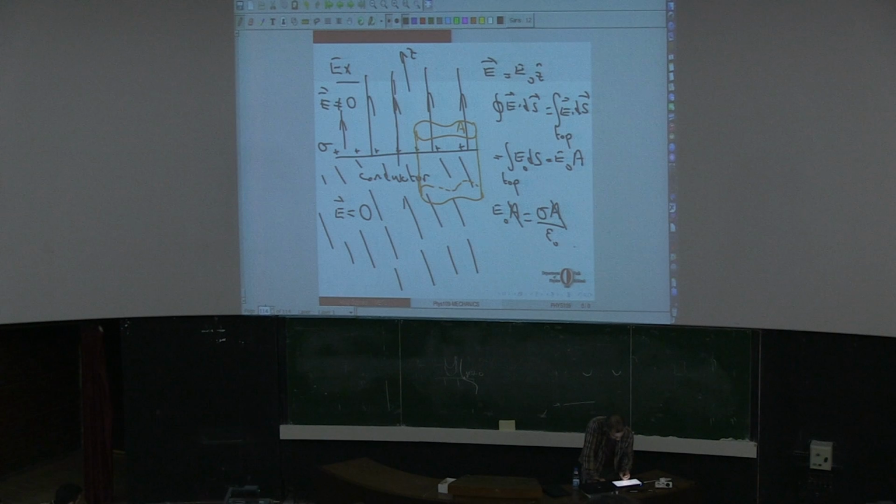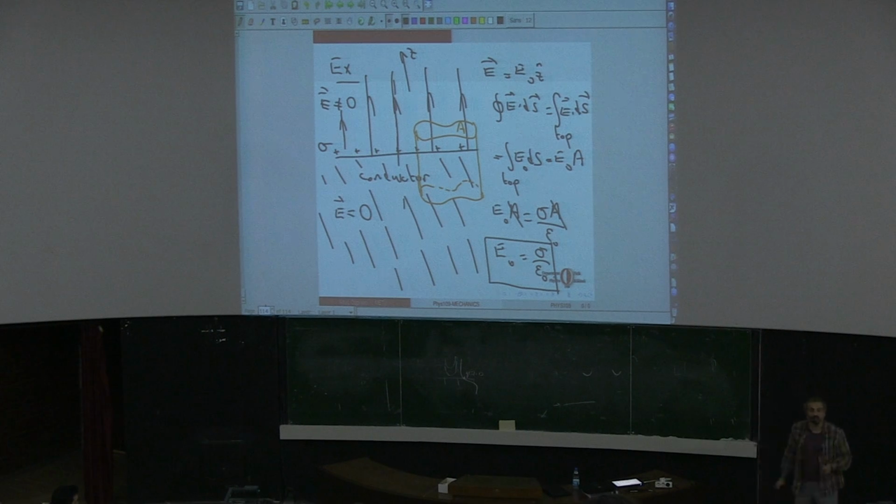The A's we can just cancel, so E0 is equal to sigma over epsilon 0. So it's not 2 epsilon 0, it's just epsilon 0. When we had this infinite plane of charge, uniform charge distribution, the electric field was sigma over 2 epsilon 0